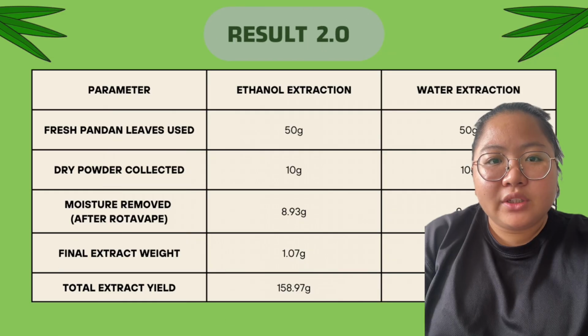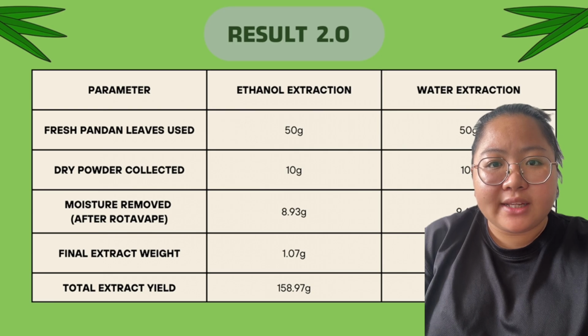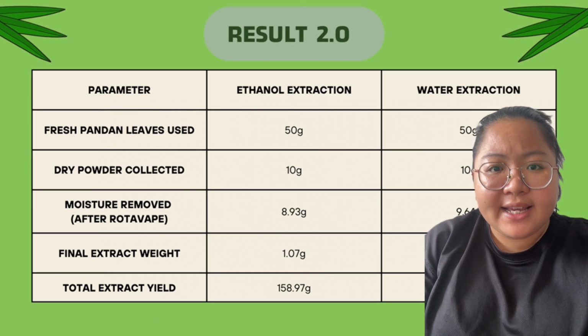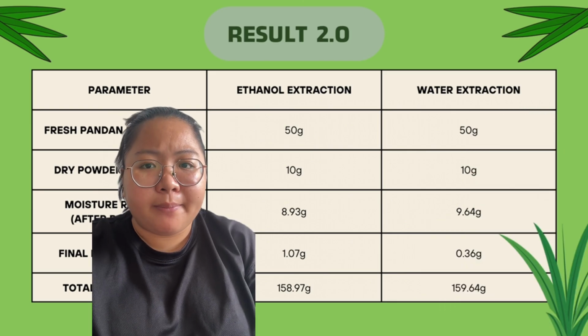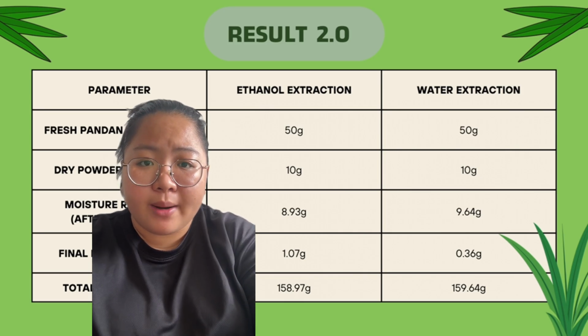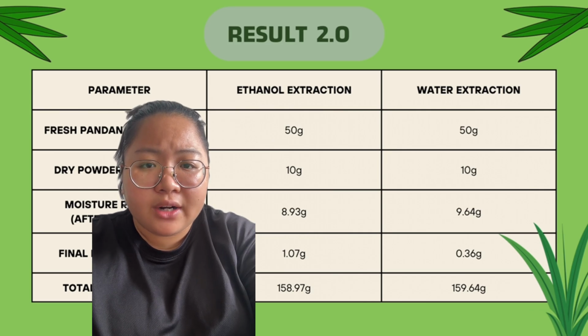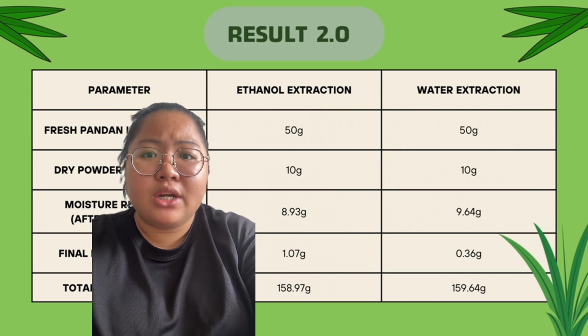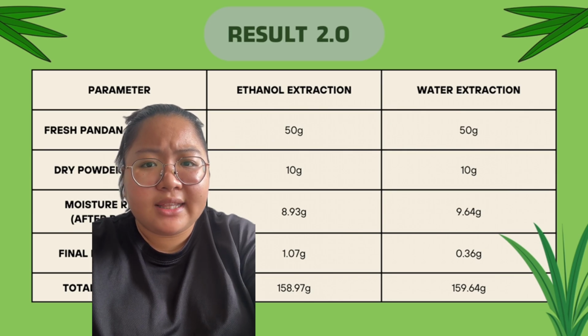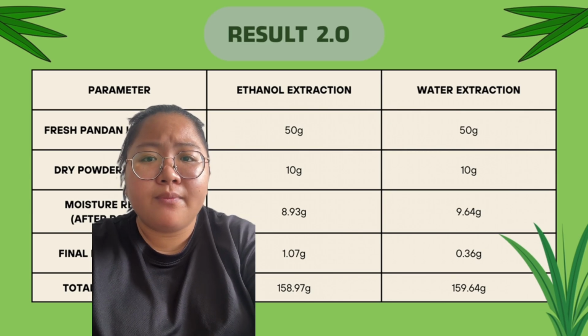Thank you. Next we have the comparison between ethanol and water extraction from fresh pandan leaves. It shows that both methods start with 50 grams of fresh leaves and yield 10 grams of dry powder. However, ethanol extraction results in a final extract weight of 1.07 gram with a total extract yield of 158.97 gram, while water extraction yields 0.36 gram with a slightly higher total extract yield of